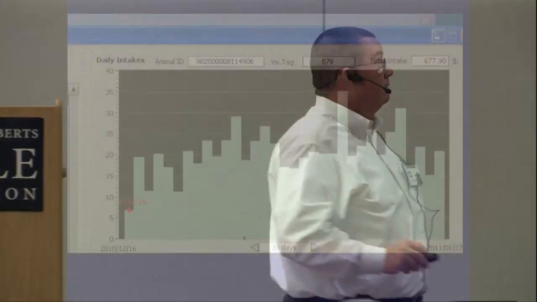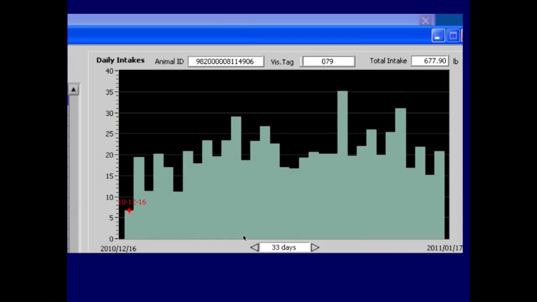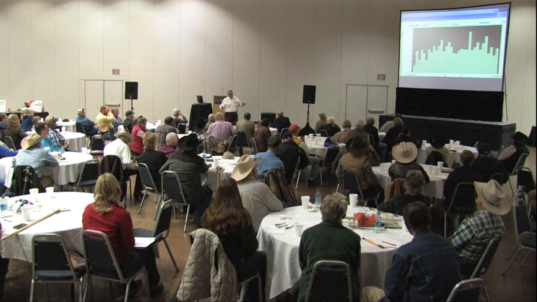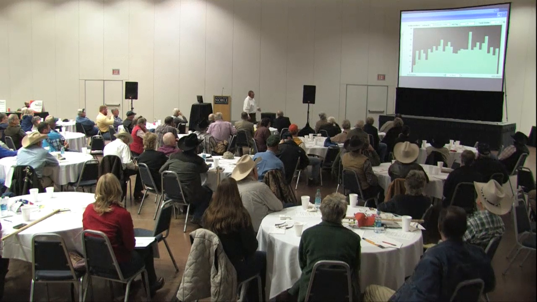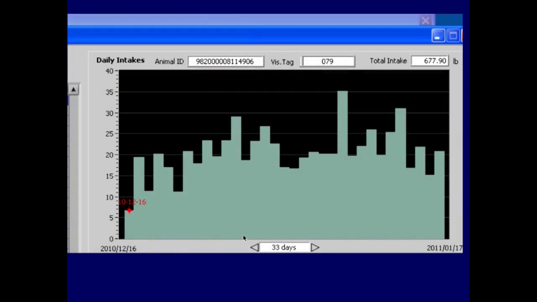So you think about all this data that's being accumulated and stored, it's a lot of stuff. We put a calf on feed in a confined feeding situation, and he's been there 33 days. This is the variation of intake on that animal per day. He started off at 7 pounds, then 20, then 10. So what we can absolutely say with confidence is when I put that 750-pound calf in a situation where he has free choice access to the feed we were feeding, he's going to eat somewhere between 7 and 37